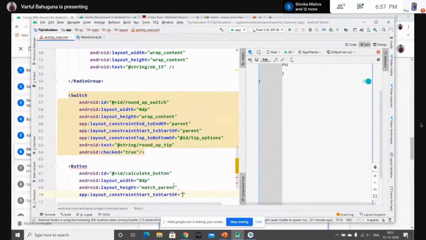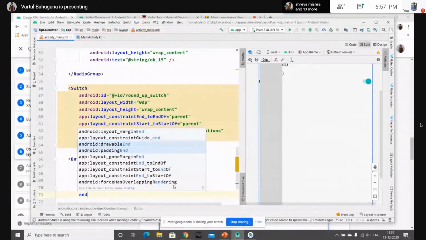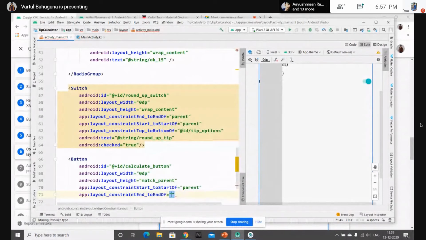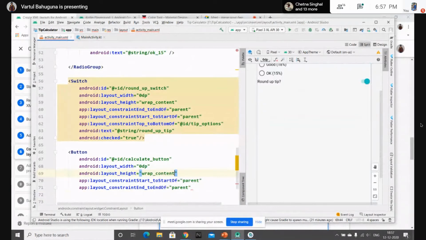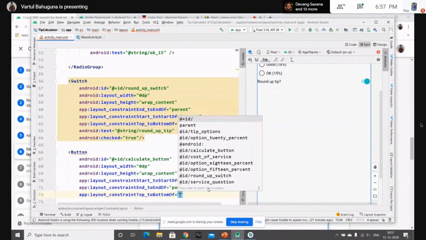Start constraint to start of parent, and end constraint to the end of parent. Height will be wrap content, and the top constraint to the bottom of the round up switch.